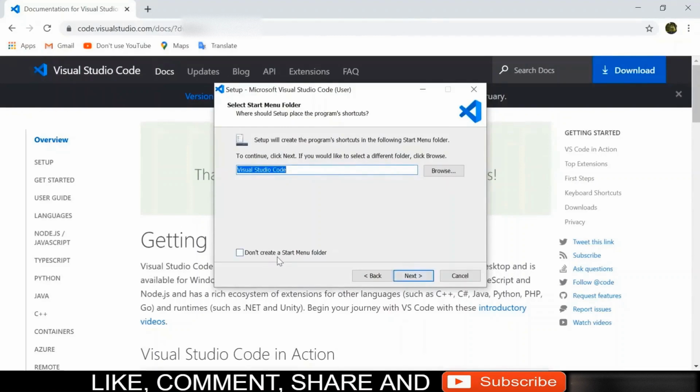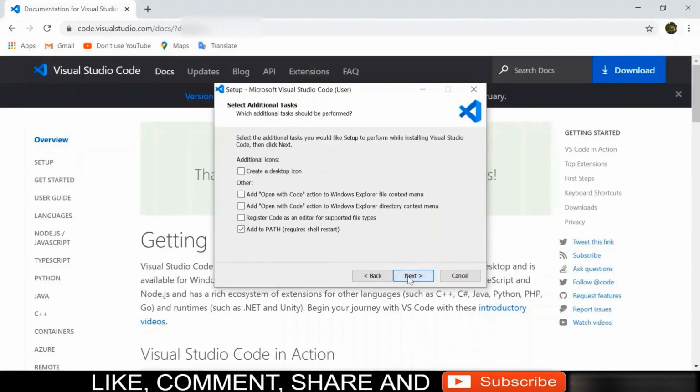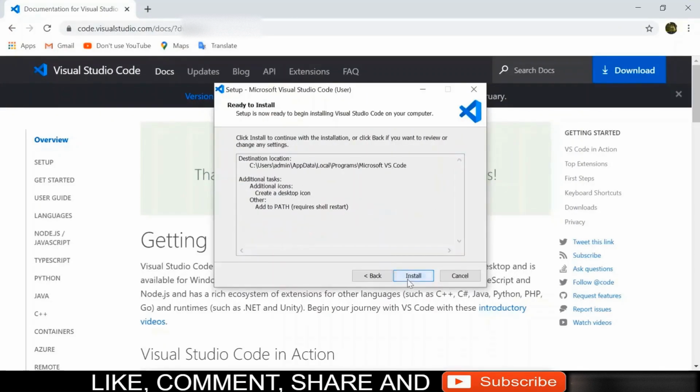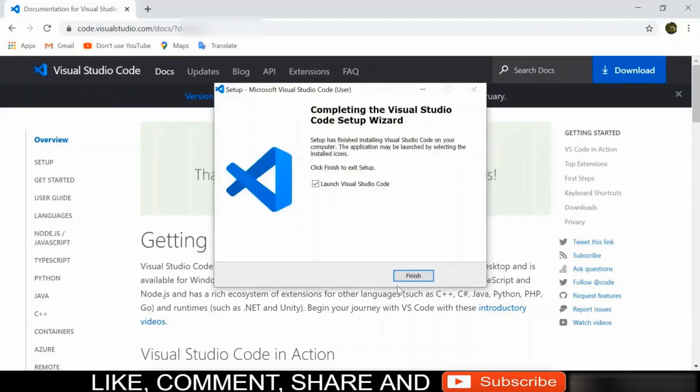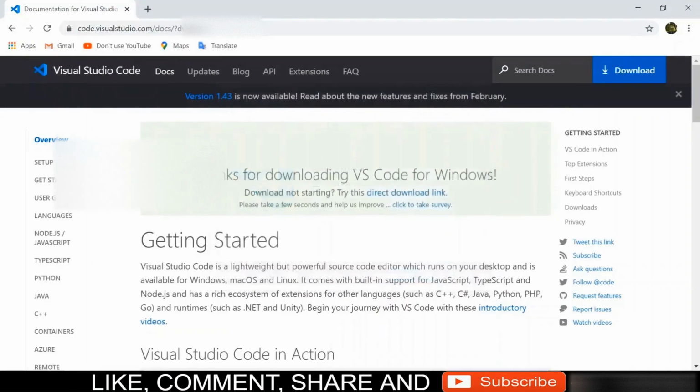And if you don't want to create a start menu folder, which I obviously don't want to create, I'll just click on this and click next. And I need a desktop icon, so I'll just click on this and click next and I'll just install the software. As you can see, the installation is completed, so I'll just click on finish to launch Visual Studio Code.